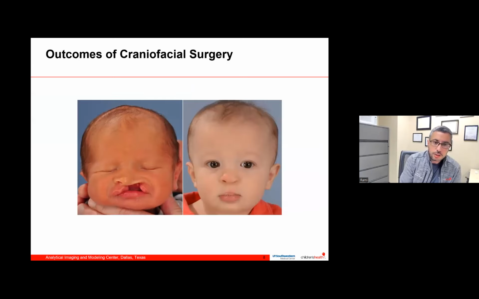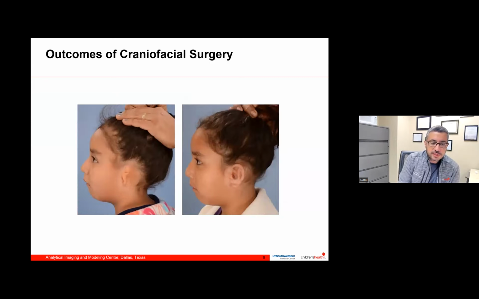I mean, the main thing craniofacial surgeons try to do is take a patient with craniofacial difference and try to make them look normal. But what does that mean? What does normal mean? Normal is something different among surgeons, and it can be interpreted differently. And for some surgeons, normal can be something very subjective.